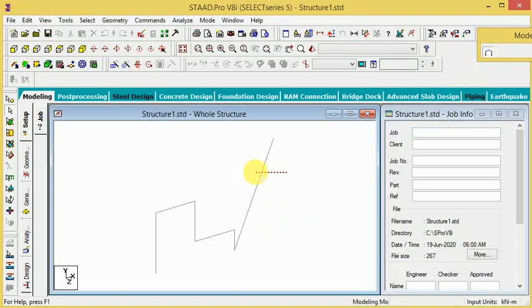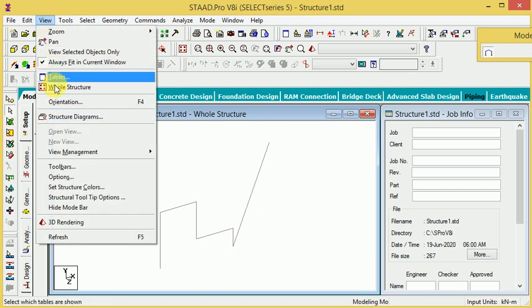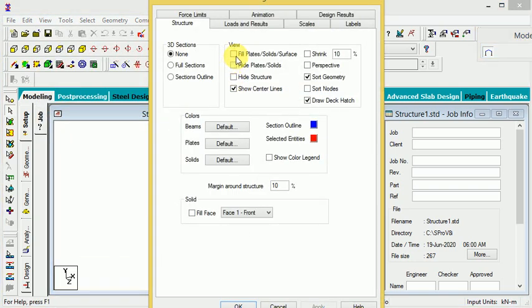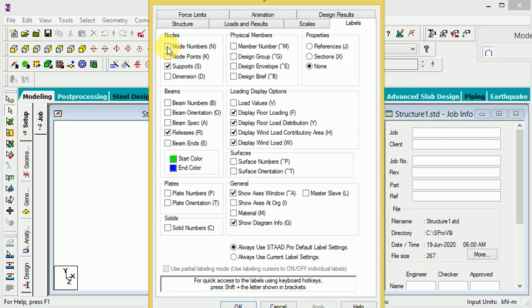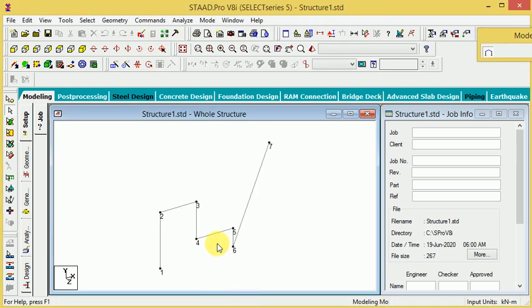Look at this, the line, the member incidence is here. So here this type of member incidence to move here. And so the view, number of nodes, and structure diagram, and select the label, click the node point, and okay. See here 1 2 3 4 5 6 7.